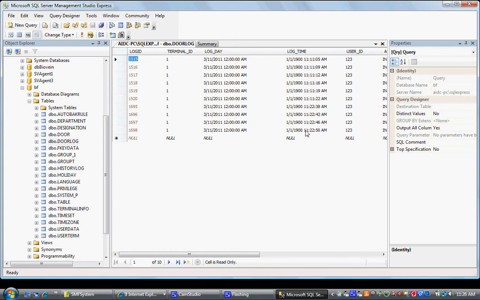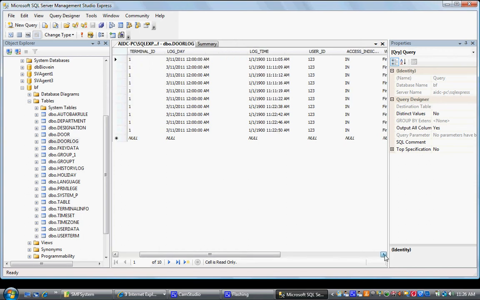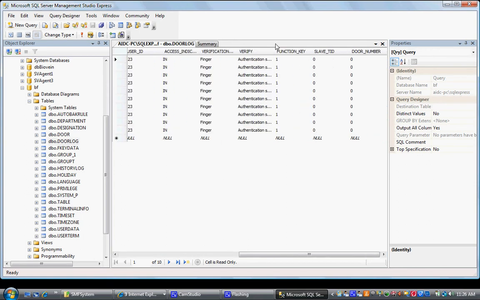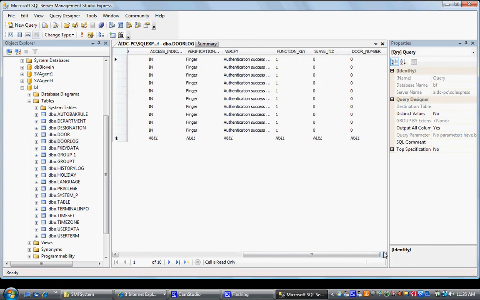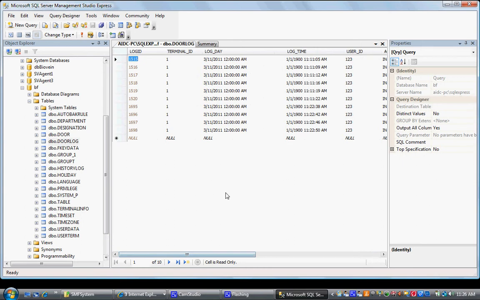The recent log is at 11:22. User ID is 123. Verification success using finger. So these are the basic details we get for the transaction log. This is how the transaction log is directly updated at SQL Server.